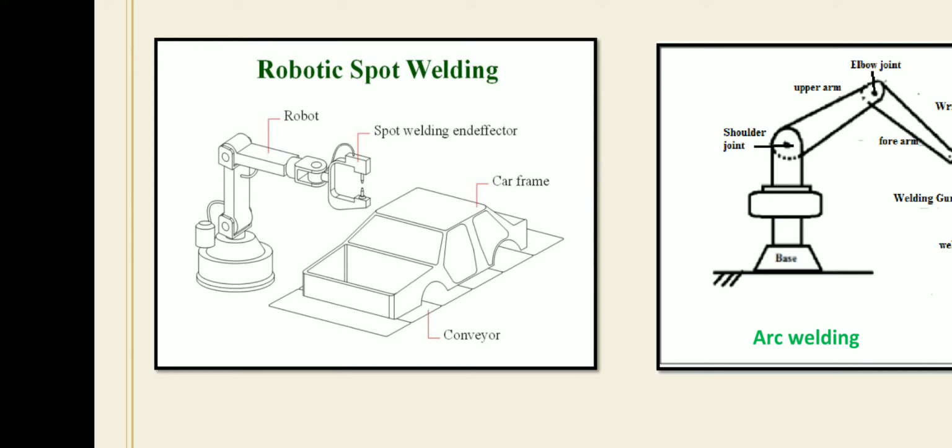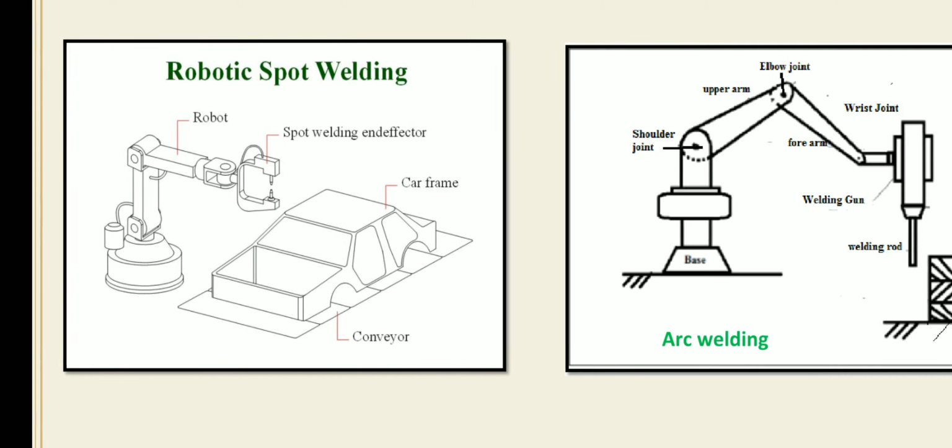There are different advantages of robot spot welding: high accuracy compared to a human operator, improved safety from hazardous environments, improvement in production scheduling and inventory control, and good product life. These are the different advantages of the spot welding robot. Here are the two electrodes, electrode number one and electrode number two; this is the spot welding end effector. The spot welding gun is directly connected to the wrist joint, or last joint, of the robot and performs the spot welding operation.